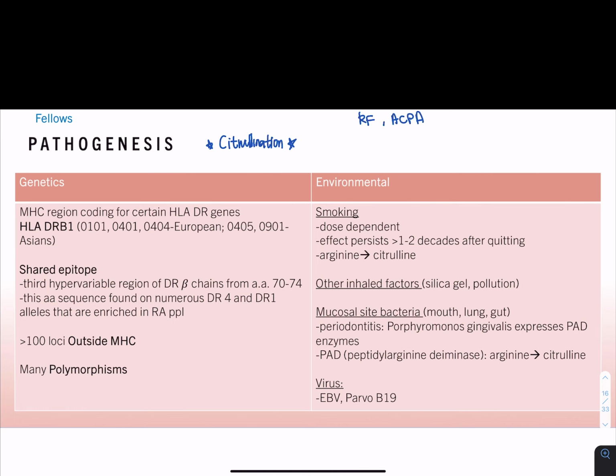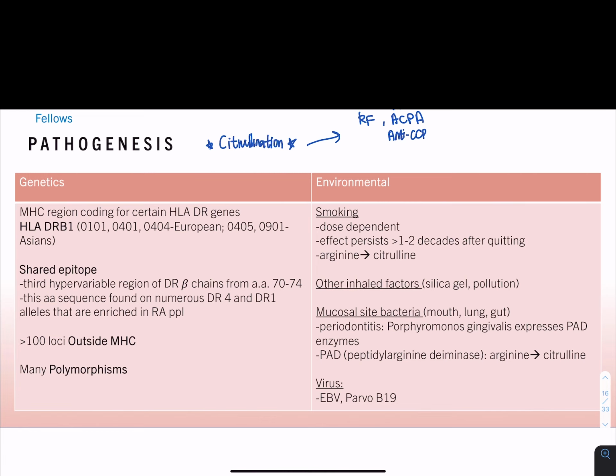What is ACPA? It's anti-citrullinated protein antibodies, ACPAs. What about anti-CCPs? It's anti-cyclic citrullinated peptide antibodies. So even if you have not associated citrullination with rheumatoid arthritis, you have been ordering antibodies checking for citrullination all this time. Think of these modified citrullinated peptides as antigens the ACPA or anti-CCP will bind to, which will then